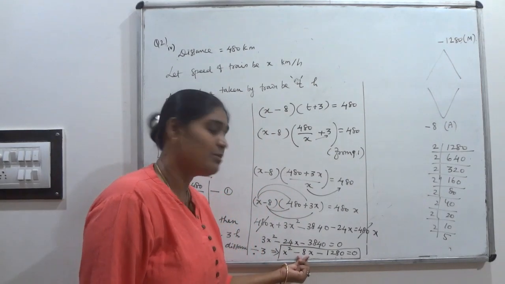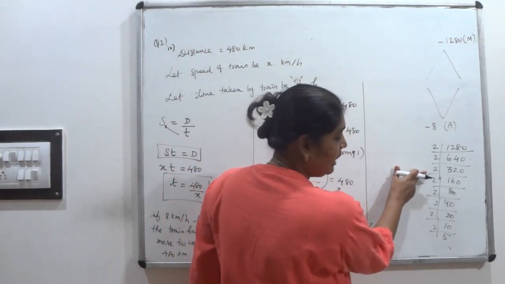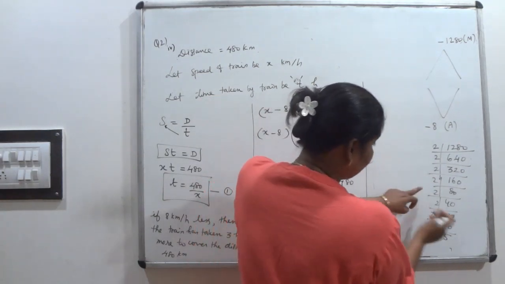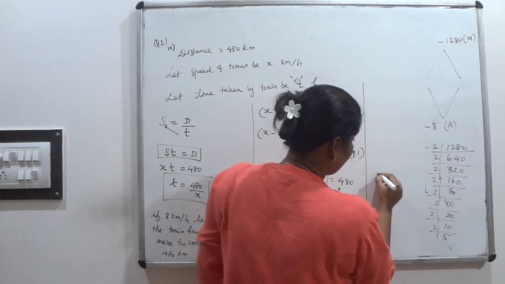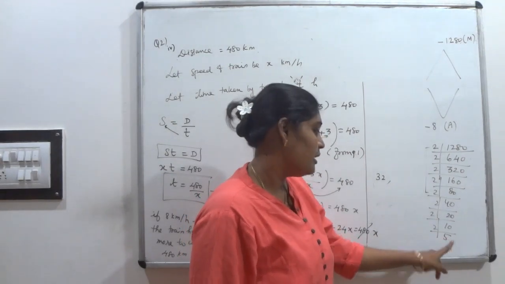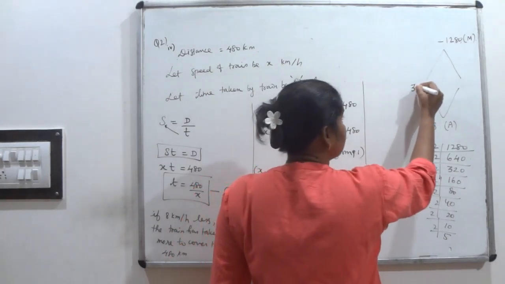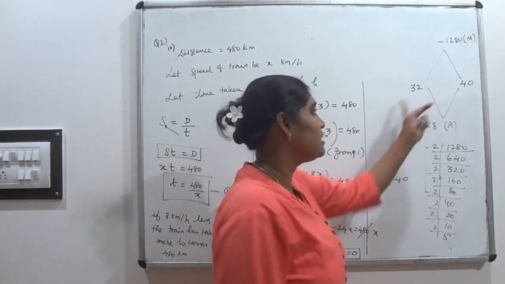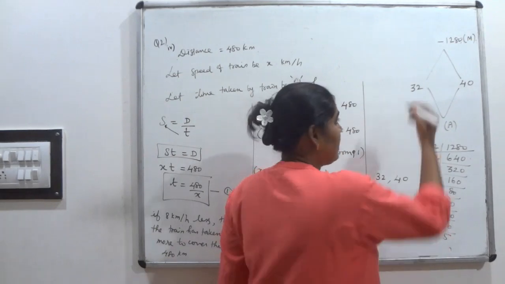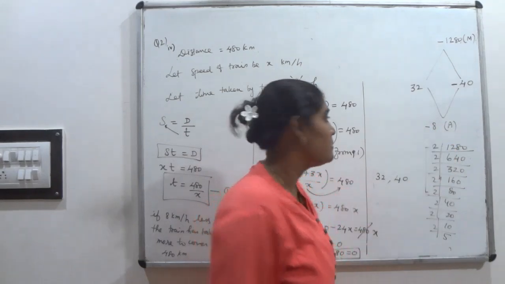It should give in addition minus 8, in multiplication minus 1280. See, 2 into 2, 4, 4 into 2, 8, 8 twos are 16, 16 into 2, 32. Up to here I have taken, 32. Another number: 2 into 2, 4, 4 into 2, 8, 8 fives are 40. So 32 and 40. Taking these numbers, this is 32 and this is 40. By subtracting these two values, you will get 8 definitely. So the minus sign is given to you. Where do I have to put the minus sign? Minus 40. 32 minus 40 will give you minus 8.